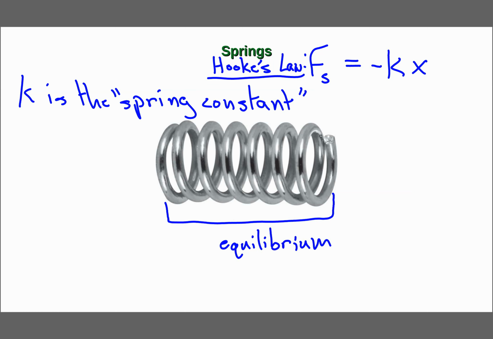And the spring constant is a property of the spring, okay? It depends on what the spring's made out of, how tightly the coils are wound, maybe how thick the metal is, things like that, okay? The spring constant is always going to be a property of the individual spring. And if we look at the equation, if we look at Hooke's law,